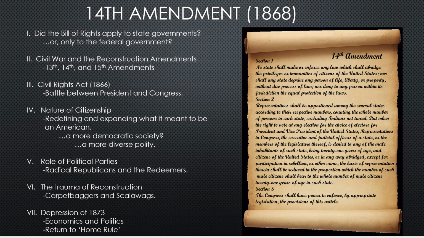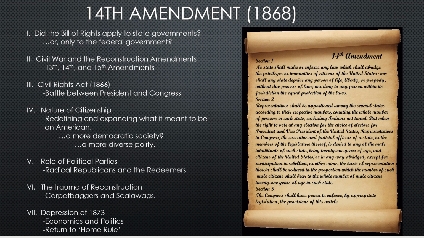And as Southerners are pushing back, what ensues is a depression. A Great Depression hits the United States in 1873. Basically, the long and short is that the depression causes a pullback by the Republican establishment. They basically agree to stop Reconstruction in the South. They're going to withdraw the army, and they're going to allow for a return to home rule, meaning that